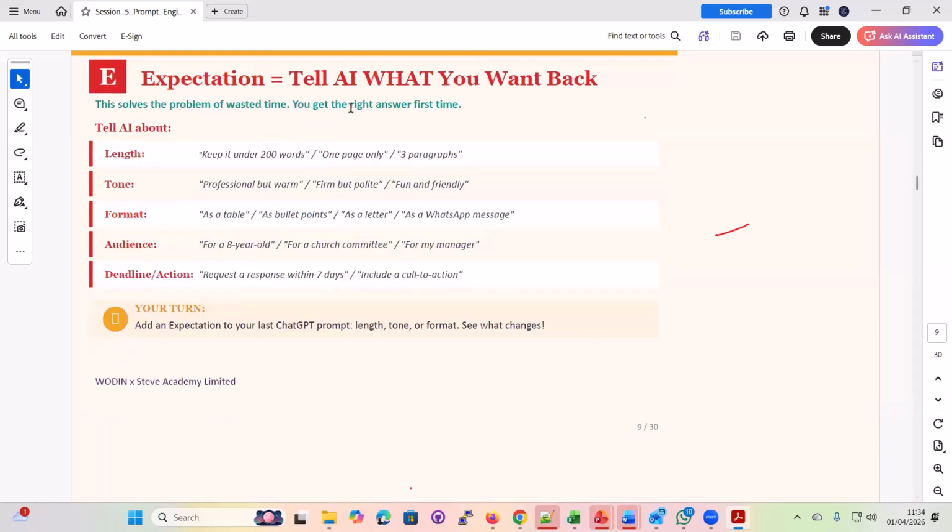And so here, expectation tells AI what you want back. And so you've given AI a role, and then action and context, what you want back. So length, keep under 200 words. One page only, 3 paragraphs. You specifically tell AI you just want it to be 200 words, one page only, 3 paragraphs, because people don't have time, especially employers, they don't have time to read a lengthy